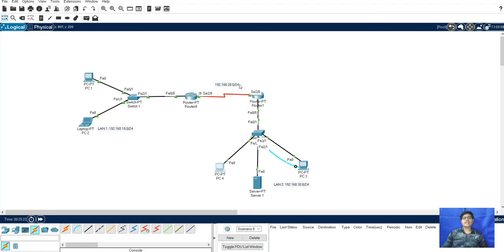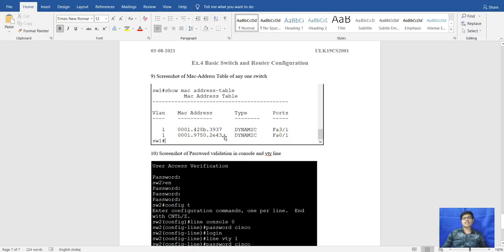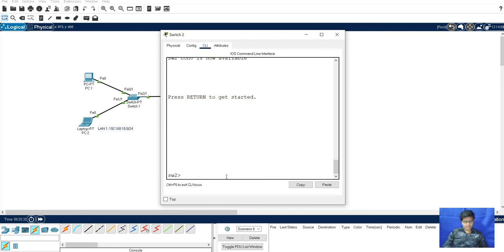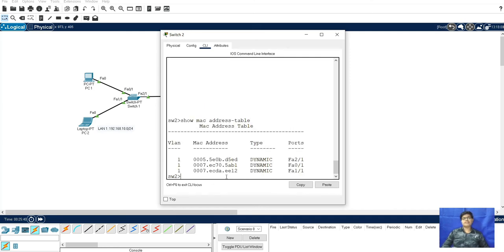And next we will go here, and for that we have to check the MAC address of any one of the switch. For that we will go here in this switch, and next we will type show mac address-table.